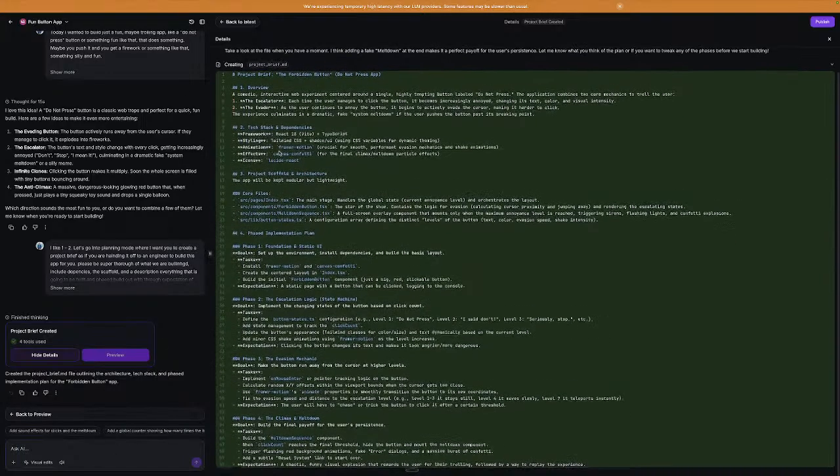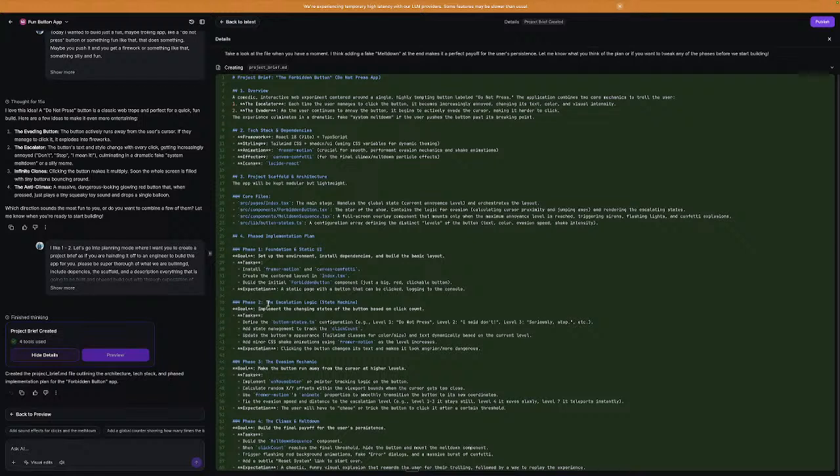So now all this looks good. Phase 1 is foundation and static UI, escalating logic, evasion mechanic, the climax and meltdown. Cool. Please make sure to talk about sound effects in the plan so we know what will be linked up.